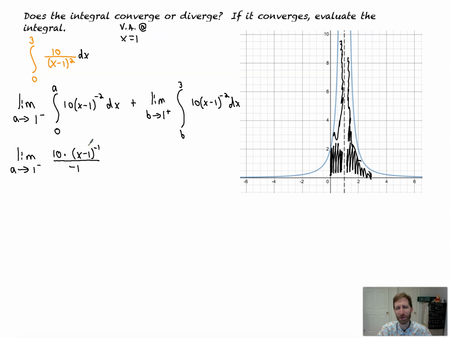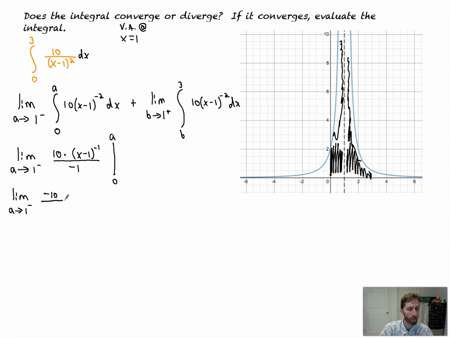You could use substitution. I'm going to try to avoid it if we can. Since there's no value on the inside here aside from 1 times x, the derivative is not so bad. So I didn't need u-sub to know the derivative of this is that. We're going to evaluate that from 0 to a. Okay, let's do this. So the limit as a goes to 1 from the left-hand side,